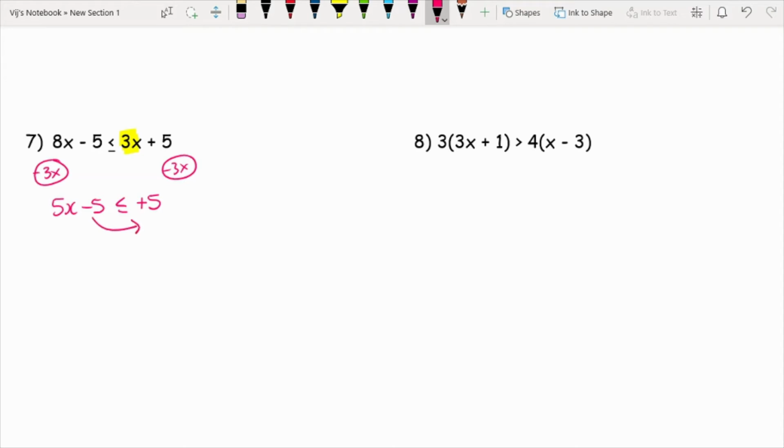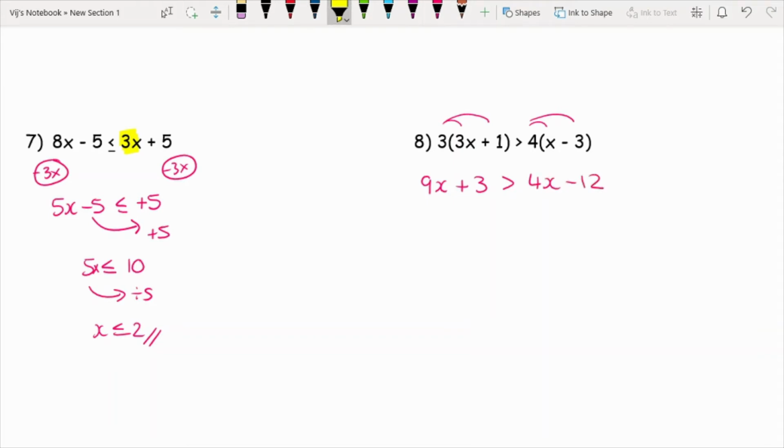It turns out very, very similar to what we've done with the previous examples. I'm going to add 5, so I've got 5x is less or equal to 10, and then I'm going to divide by 5, so x is less or equal to 2. And then for question 8, I've got brackets on both sides, so if I expand both sets of brackets, I end up with 9x plus 3 is greater than 4x minus 12. Again, here I'll get rid of the smallest x, so I'm going to get rid of 4x from both sides. So if I just write down what I'm doing,